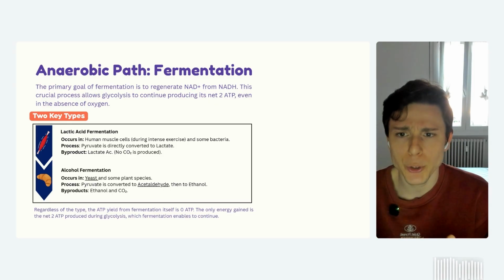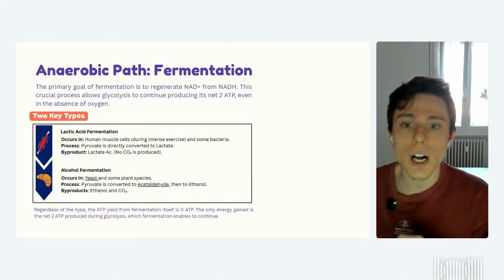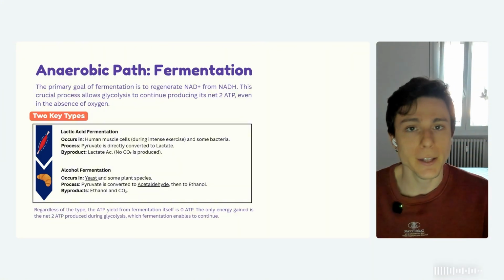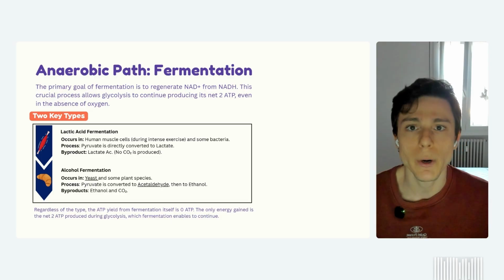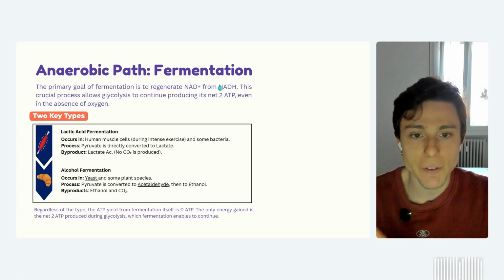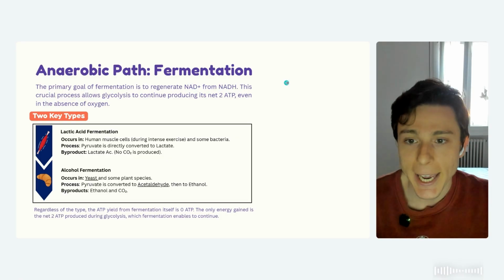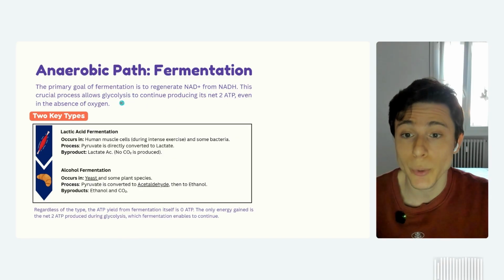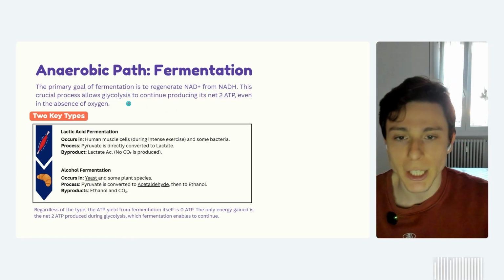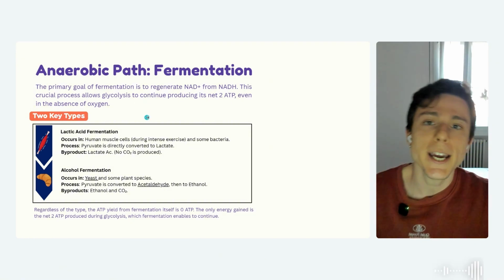So if we can't produce energy in the mitochondria and we cannot produce energy through glycolysis because the NAD are taken, that's a problem. That's a huge problem, and we don't want that. So we're gonna have our plan B here. The NAD will be generated from NADH. We're gonna go back to NAD+, the form without electrons, and this is going to be very important so we can go to another round of glycolysis and produce an extra 2 ATP. I know it's not a lot, but it's better than nothing, right?